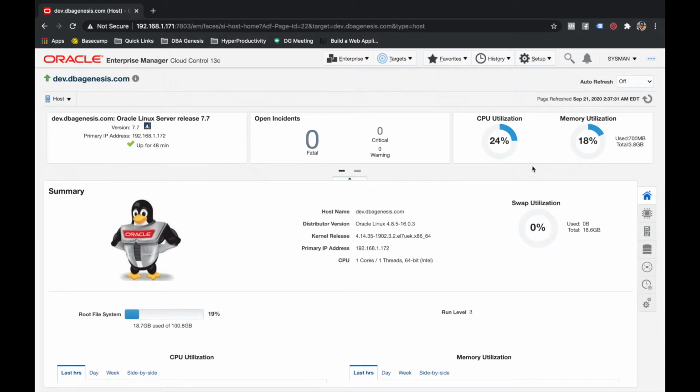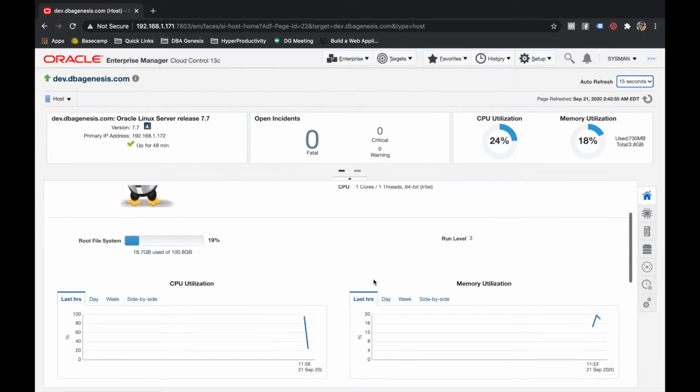And one important factor, guys, because when you come to this admin panel for this host dev.dbgenesis.com, the auto refresh will be off. So it is good that you put the auto refresh to whatever frequency is good for you, because after every 15 seconds the information will be updated. So that way you don't get any previous information, right? So when you land on this page, if the auto refresh is off, you will not get the new information. So to get the new information, either you will have to refresh, I mean manually click on this button, or you set the auto refresh frequency to whatever suits your requirements.